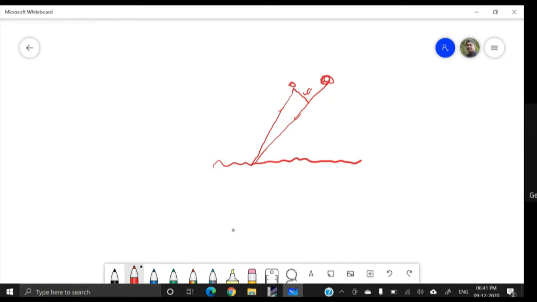So looking one geographic area from two different locations is very important, and we need two data set, not a single data set. And also we need single look complex data, SLC data.